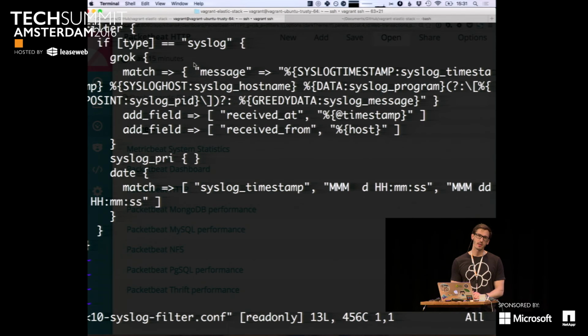There are many patterns you can just find on the internet for well-known log formats. So for example, as long as you have an HTTPD server or Nginx, HAProxy, probably the default Tomcat logs and all of these things, you will find patterns. If you have a custom log format, you will need to write your grok patterns yourself. Might be a slight pain in the beginning, but yeah, it's regular expressions, you will manage.